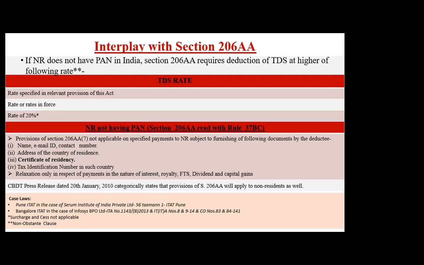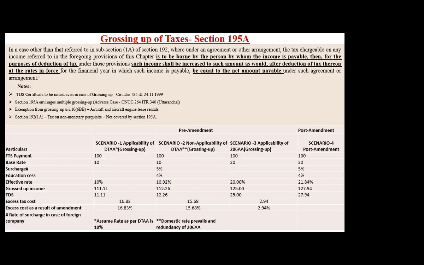Now, coming back to the previous slide, we can already see that the 206AA rate is lesser than the rate in the current post-amendment. So 206AA practically becomes redundant, except for the cases of the 194LB, LC and LD rates. In those three cases, 206AA may still have some say because it is on a subsidized rate. Most of the other payments are gone from 206AA because we already have a higher rate based out in India.